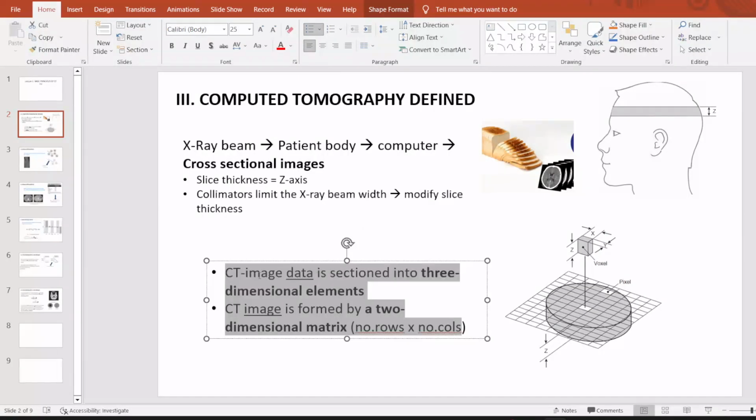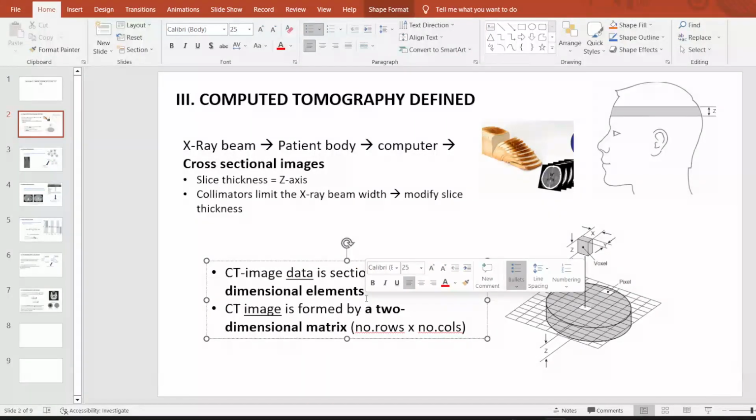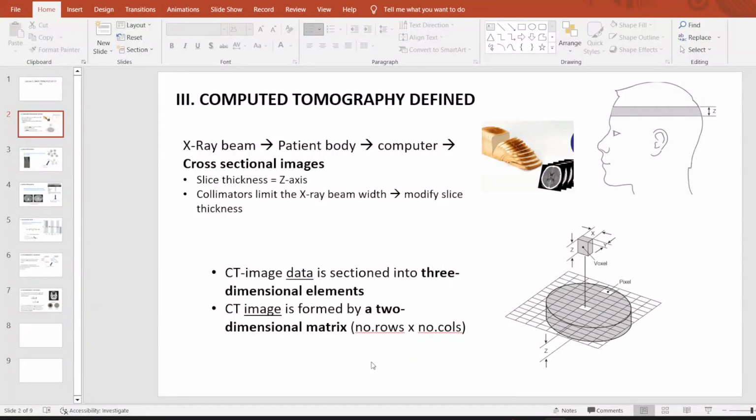The second large piece of knowledge I note here is about the way we differentiate CT data and the CT image matrix. CT data is sectioned into three-dimensional elements, and the CT image is formed by a two-dimensional matrix. If you're wondering why there's a difference between the data and the image, the reason why CT data is sectioned into three-dimensional elements called voxels is because,